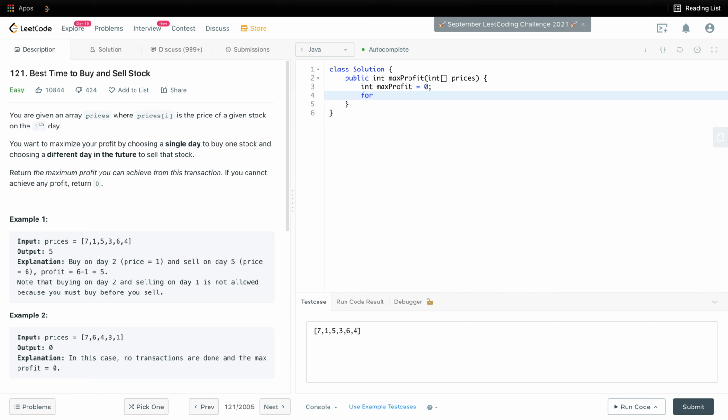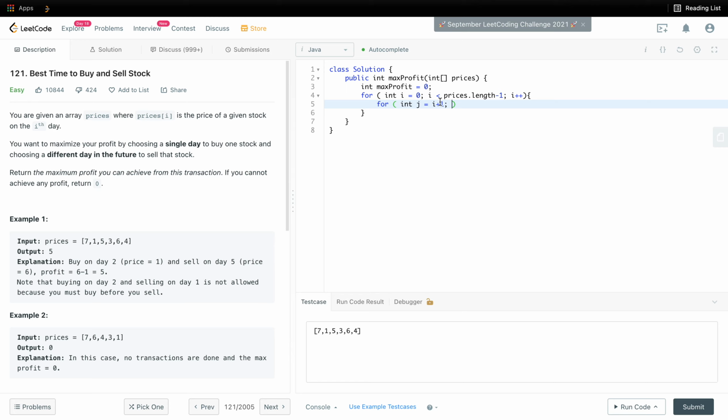For that, I will create two for loops. For (int i = 0; i < prices.length - 1; i++), and then for (int j = i + 1;